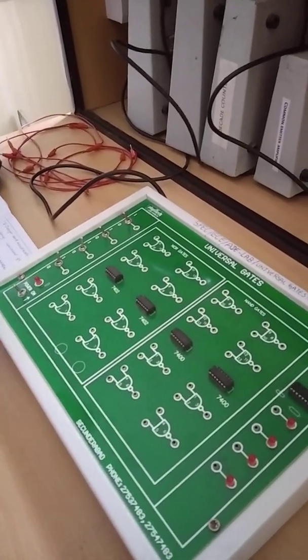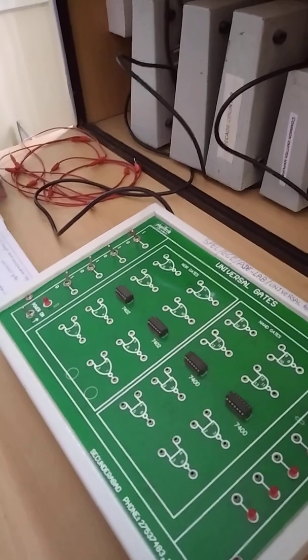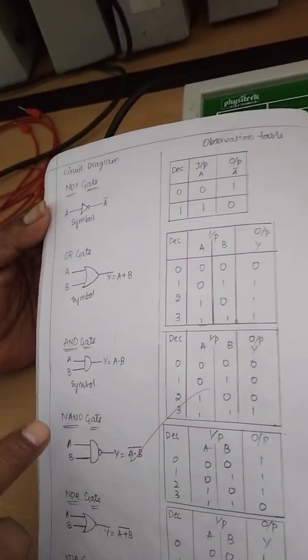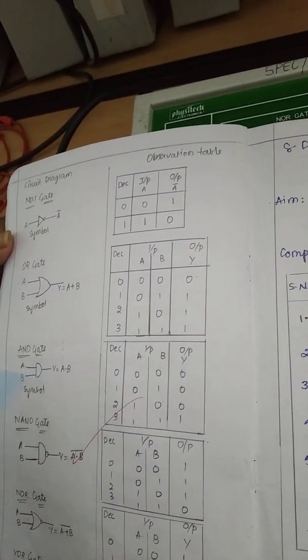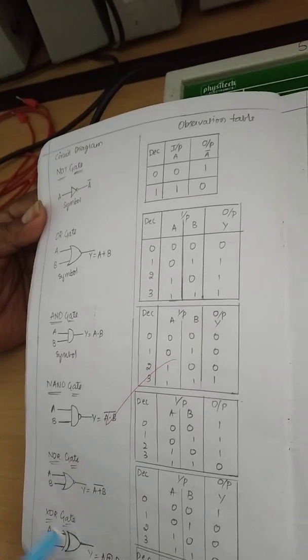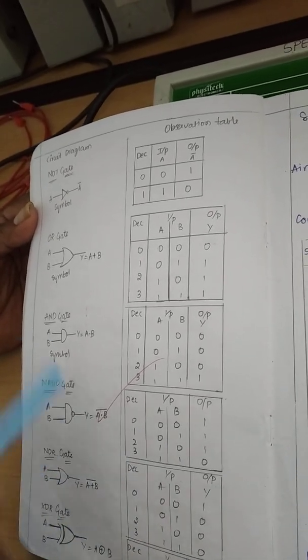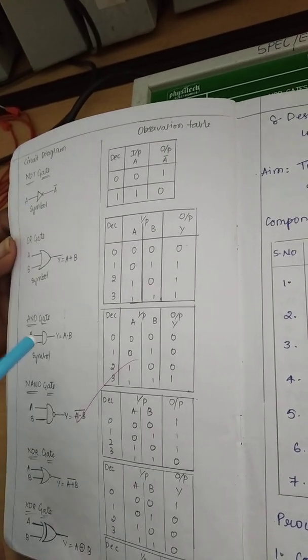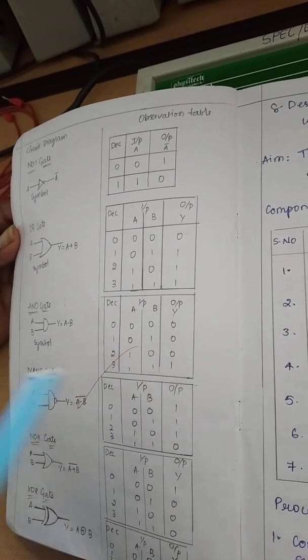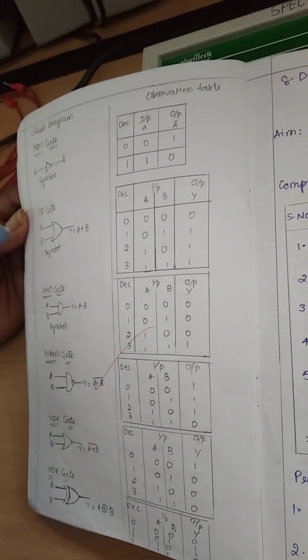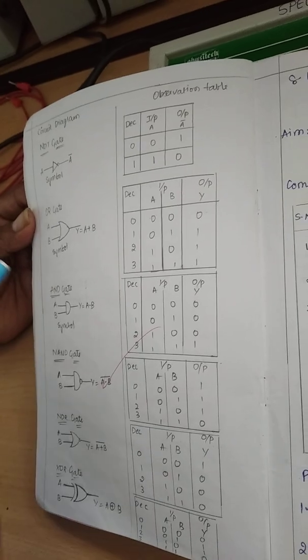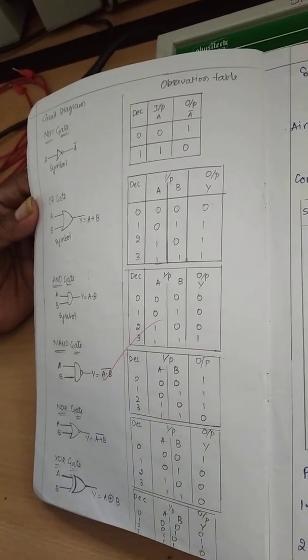Before I explain the universal gates, I am explaining the basic gates. First basic gate, NOT gate. Next one, OR gate. Next one, AND gate. NAND, NOR, etc. are all the universal gates. So what is the NOT gate? Once you understand the basic gates, automatically you can understand the universal gates. So only then am I explaining the basic gates. Under the basic gates, the first gate is the NOT gate.